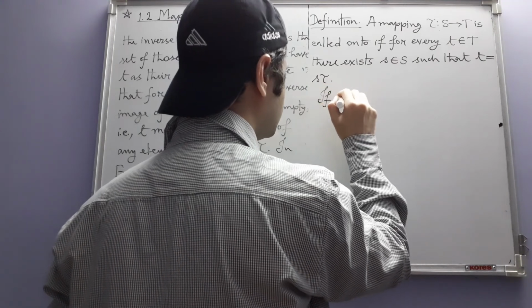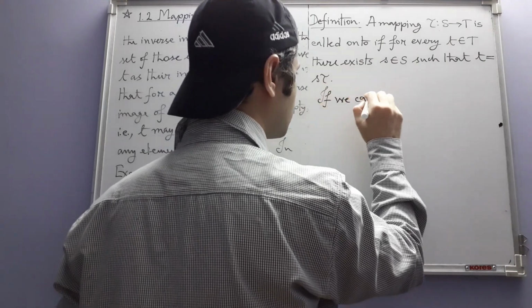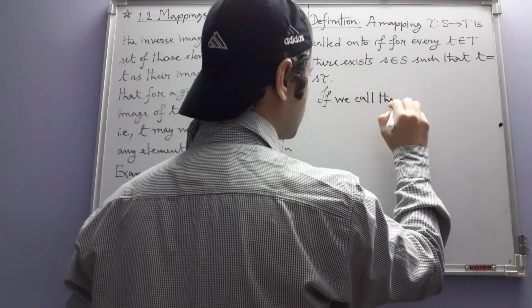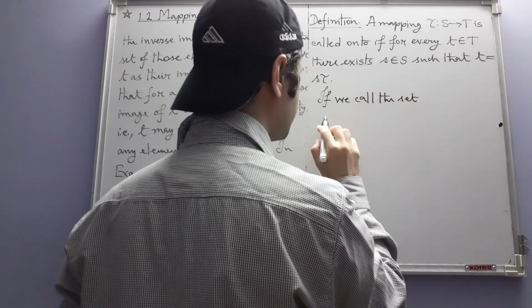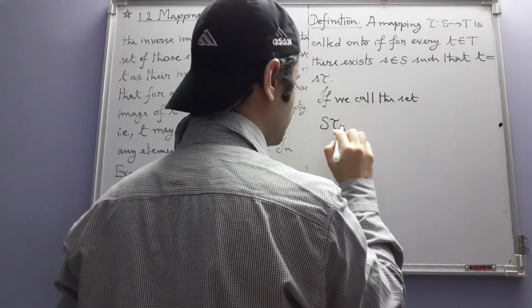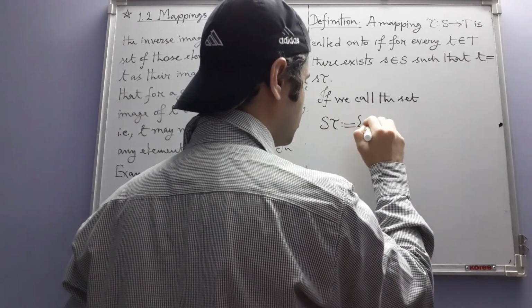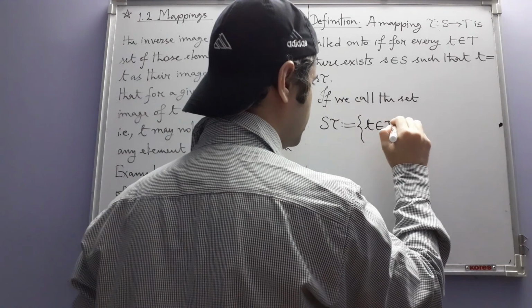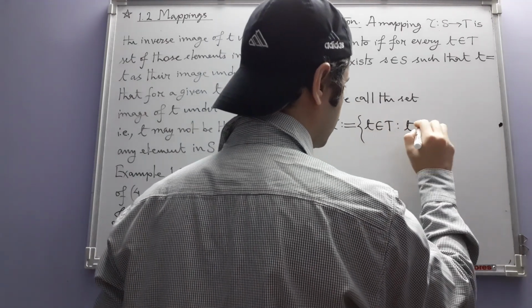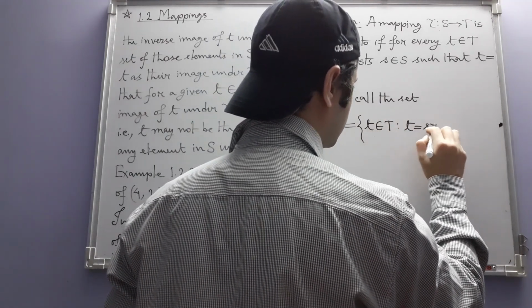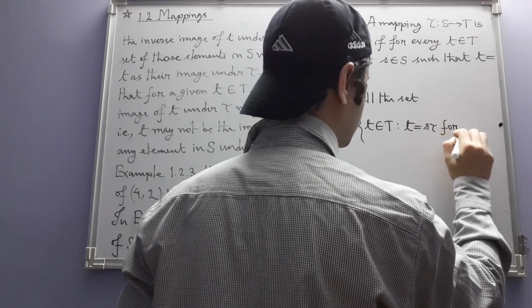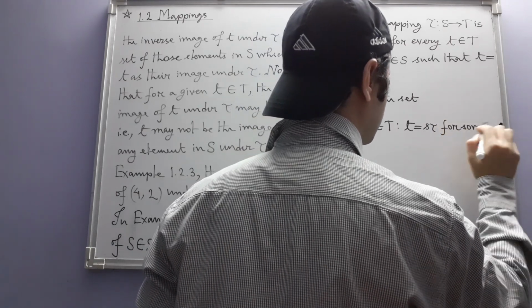If we call the set S tau, which is defined like this, t belonging to T such that t is equal to s tau for some s